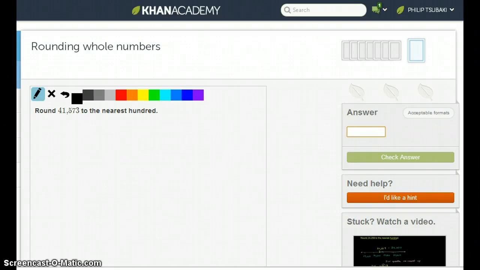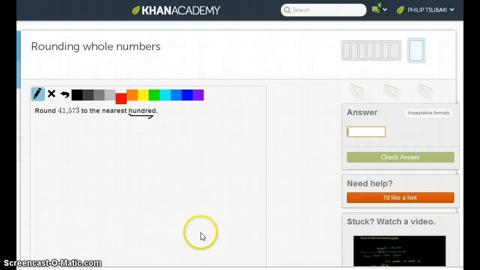Okay, let's do a series of problems rounding whole numbers. So the first thing we want to do is figure out what they mean by the nearest hundred. And if we remember place value,